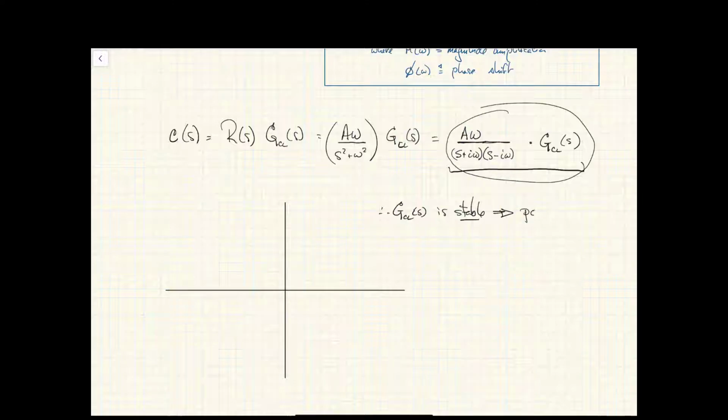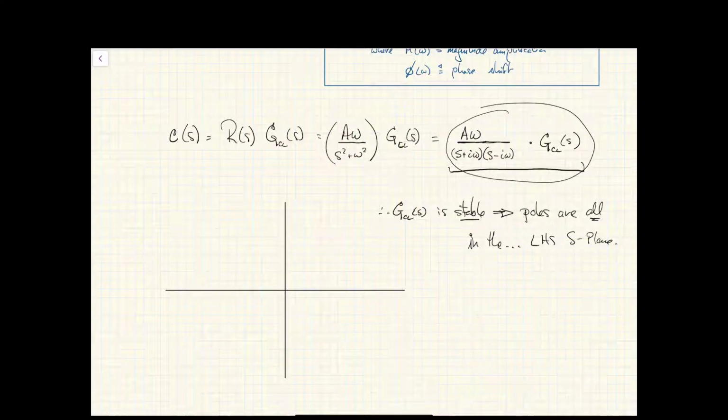Which means that the poles are all where? The left-hand side S-plane, of course. Okay, so let's put them wherever they could be. I could have one right there, which is going to come as a symmetric pair. I could have some poles that are on the x-axis, and of course you're experts right now at drawing the